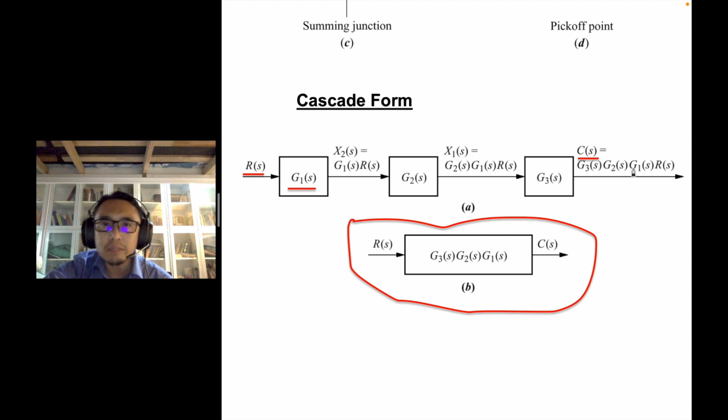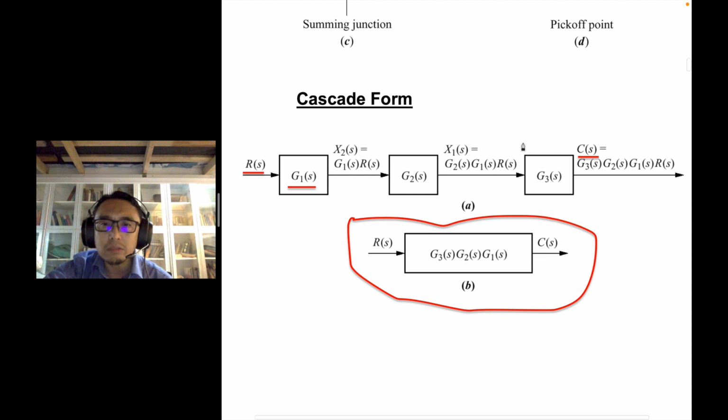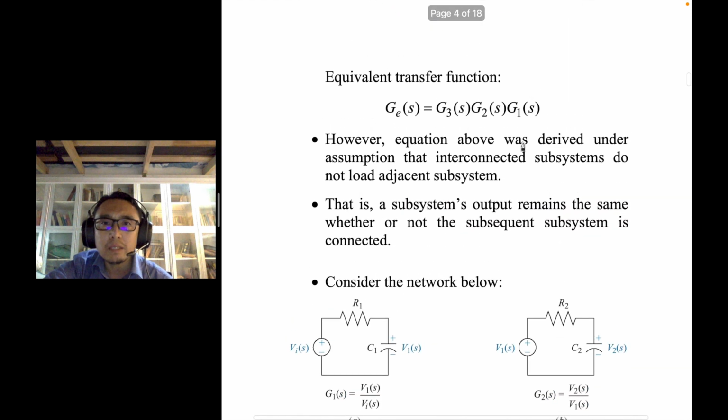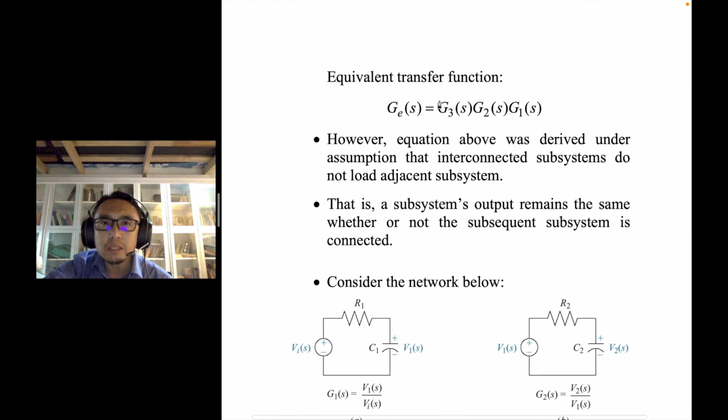So you just multiply the transfer functions together if they are connected in series, or as we call it, cascade form. That's very simple. As you can see, this is the equivalent transfer function. However, there is a note here that